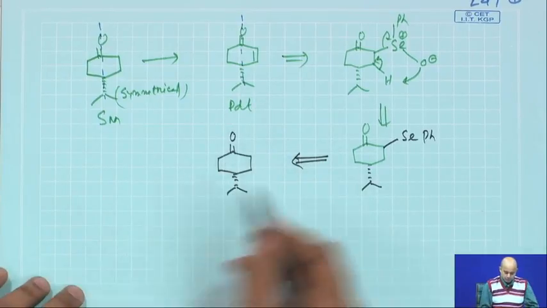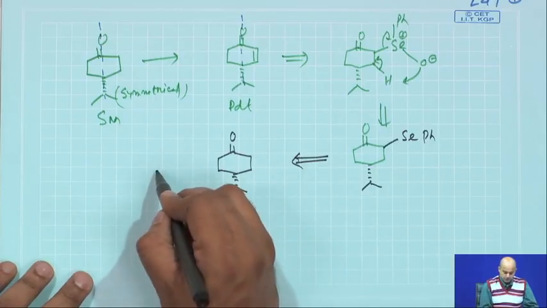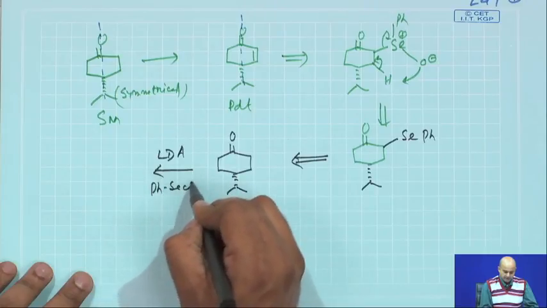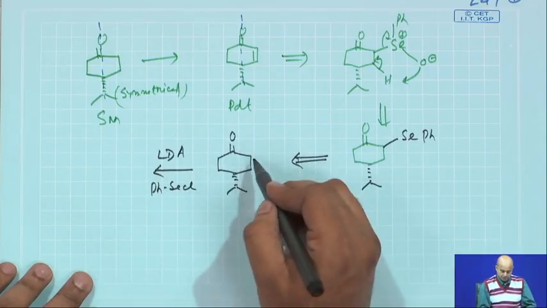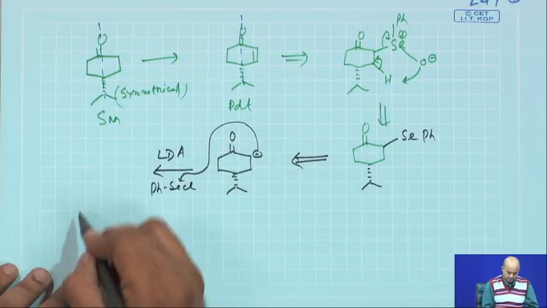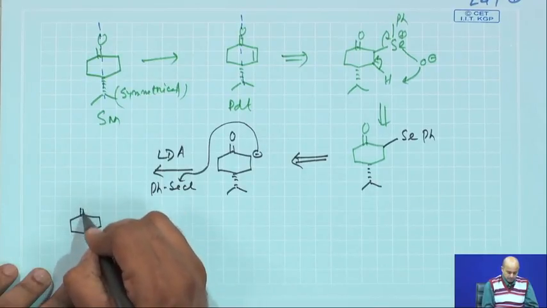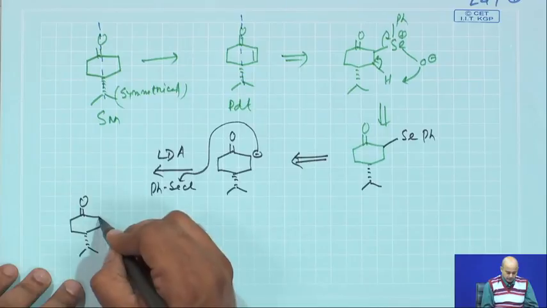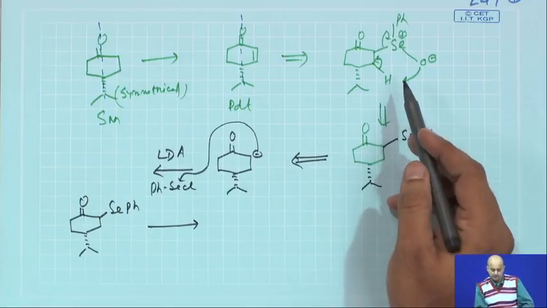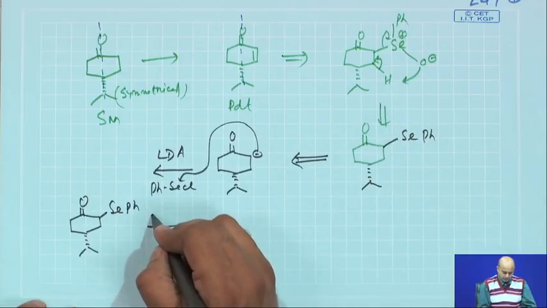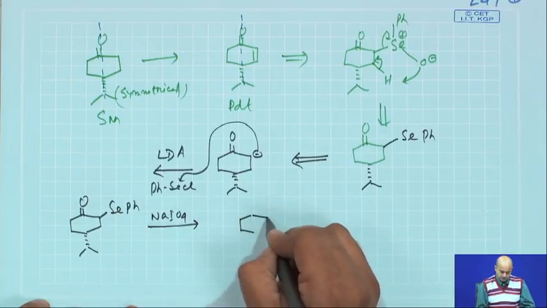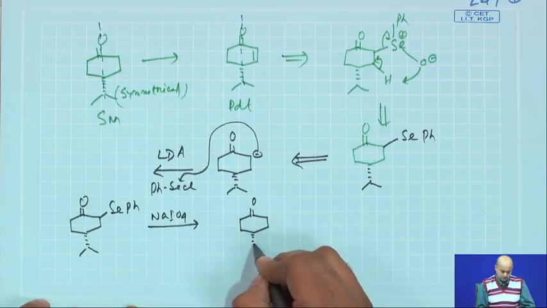So, your forward synthesis now starts with LDA and PhSeCl, the electrophilic reagent. So, initial is your anion generation, which will attack the SeCl to basically give you double bond ketone and SePh. Now, as I said, you need to convert this SePh to selenoxide, you treat with sodium periodate. So, which basically will oxidize the